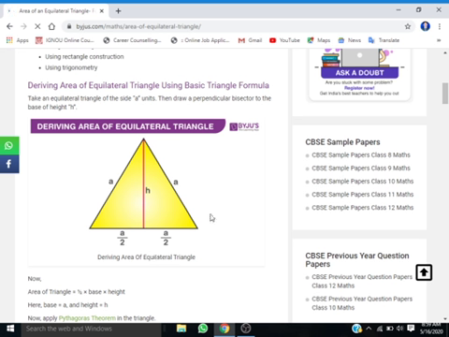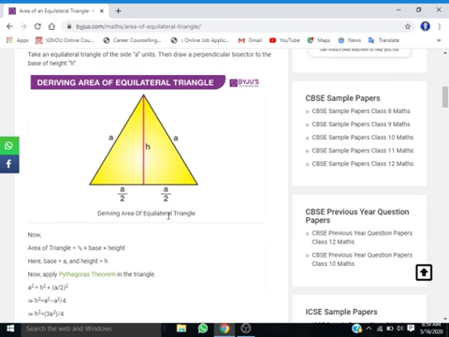Now there are two triangles. You can observe here there are 2 separate triangles, and both are equal, both are similar, and we can say both are congruent to each other. We'll discuss congruence and similarity later. This is not your part at present, but basically we want to discuss here how we have to